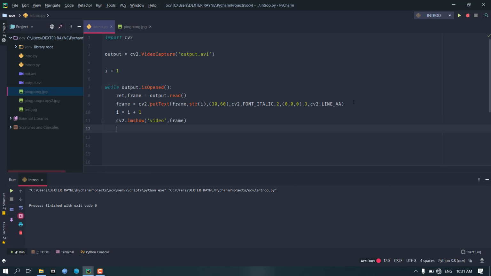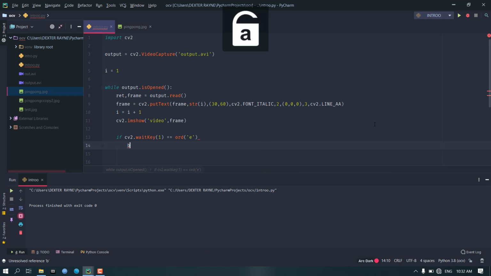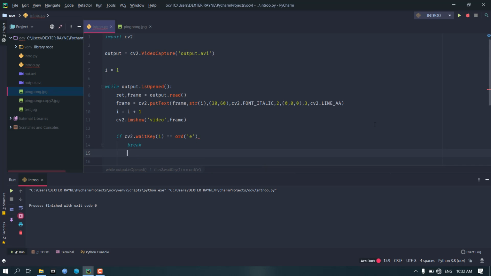Now if cv2 dot wait key, 1 millisecond for 1 frame, is equal to ord E, if we press E, then it should break out of this loop.